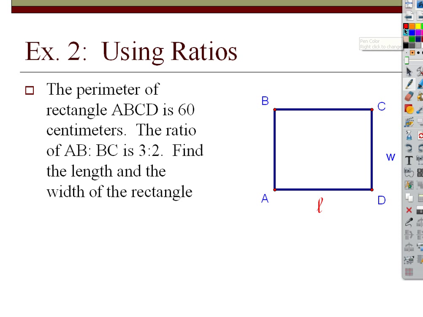Okay. So how many different possible side lengths could you come up with that would fit that ratio? Let's not worry about the perimeter for now. Let's just worry about this ratio. 6 over 4 would work, wouldn't it? We could say that AB is 6 and BC is 4, and that would work. We could make it 3 and 2 if we wanted. What's another one? 12 and 8 would work, right? That would be a ratio of